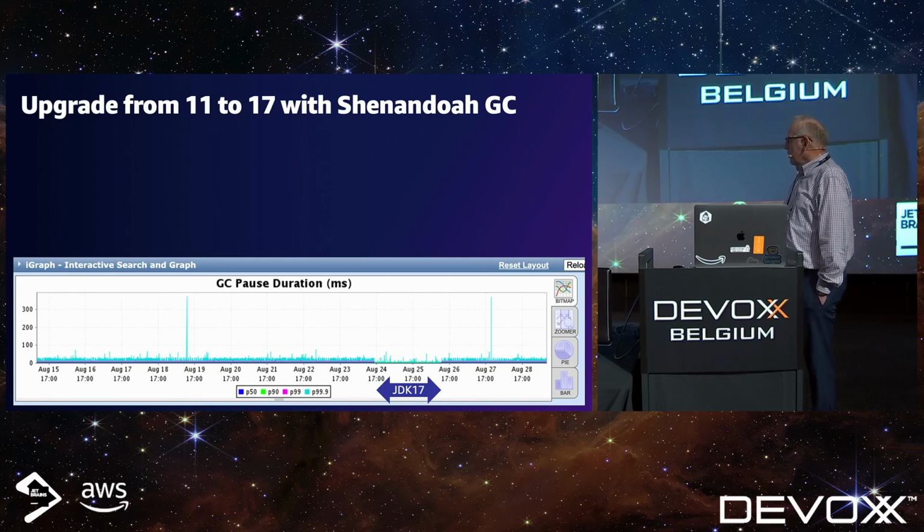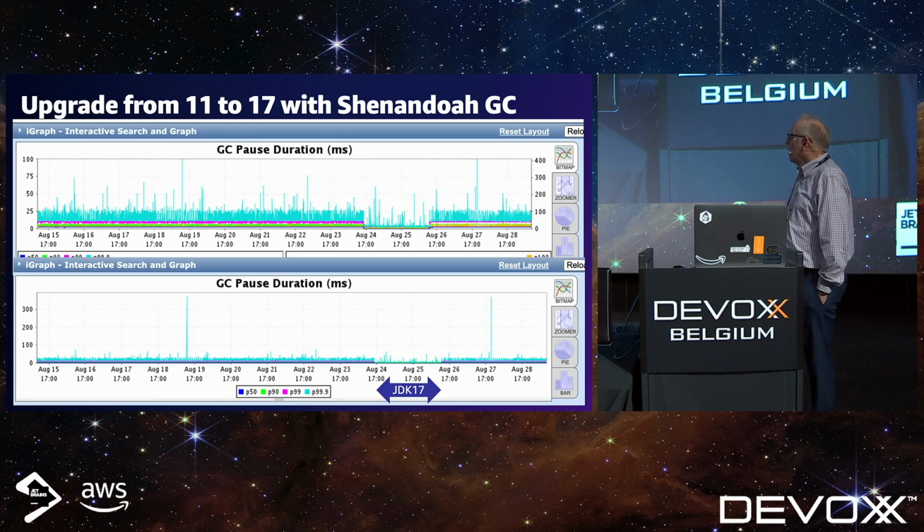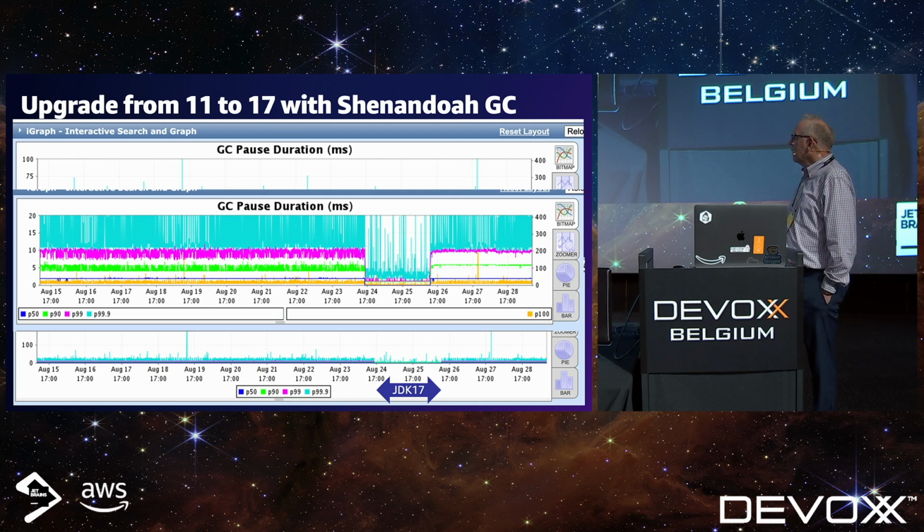You can see the scale is hard to read, so I'm going to zoom in. Basically the only change here is the scale going from 400 on the one below up to 100, so we can see this a little bit better. And if I zoom in one more time,